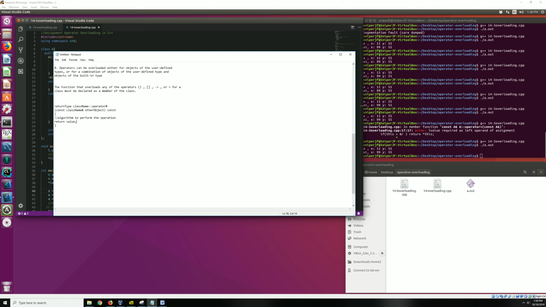Okay, overloading unary operators. So let's talk a little bit about overloading the pre and post increment. And the reason why I want to talk about that is because it's a little trick that you just,